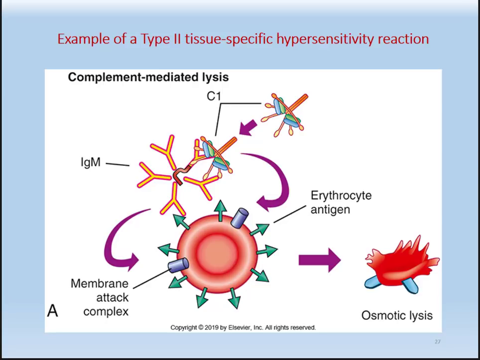Type 2 hypersensitivity is also known as tissue-specific hypersensitivity reaction. These types of reactions are generally against a specific cell or a tissue. Cells express a variety of different antigens on their surface, some of which are called tissue-specific antigens because they're expressed on the plasma membrane of only certain cells. So that's tissue-specific. So for example, if a person is given a blood transfusion and they're given the wrong blood type, the foreign red blood cell in this person's body will be detected by, specifically, IgM antibodies,